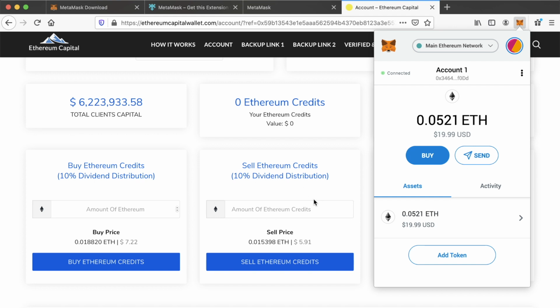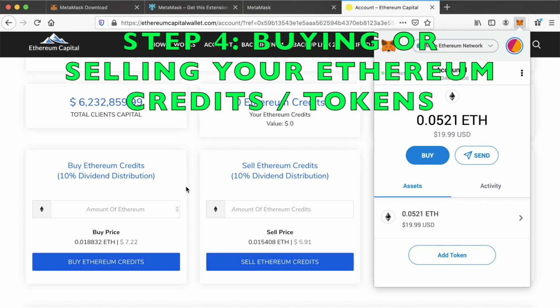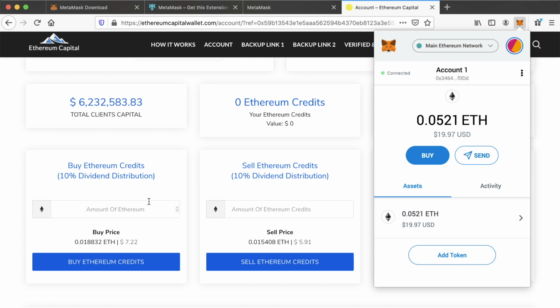Right, so what I'm going to do, now I have Ethereum in my MetaMask wallet, I can buy my Ethereum credits. Now, guys, I'm only using a small amount here, really typically just to show you as an example. This is a burner account, and whatever tokens I'm going to have in here, I'm just going to transfer them over eventually, and that will be it for this actual account itself. But again, this is for demonstration purposes only. Now, if you are going to go into this, the minimum, I don't really want to recommend a number, but you just got to keep in mind, obviously the more credits that you own and the more tokens that you own, the more dividends you're going to earn. Okay, so just keep that in mind.